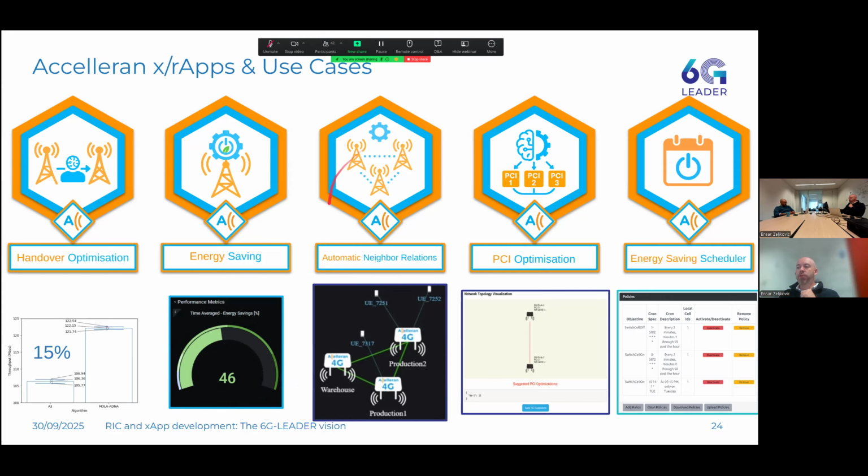We've done examples of automatic neighbor relation detection. Since we have this fine-grained, granular insight into the network, including measurement reports that come from the UEs, we're able to map our network based just on those measurement reports and detect which cells are neighbors to each other just by using those reports, right? So this is just a use case that came up based on the vast data that we have. So we were able to determine who's neighbor to who.